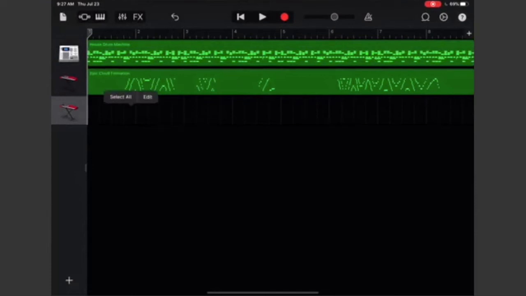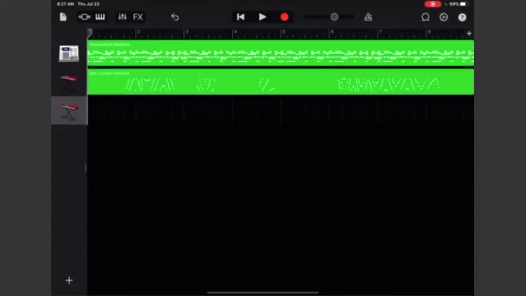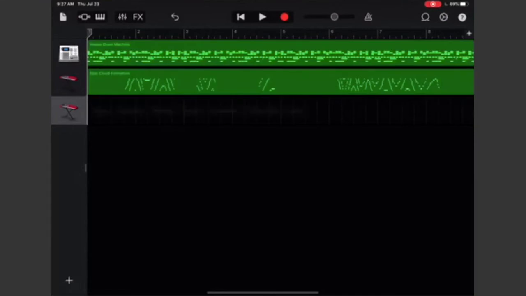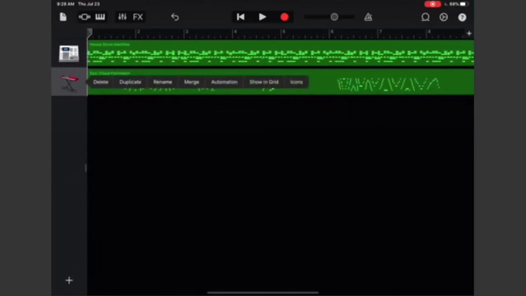Okay, so you tap in here and you can select, no, I don't want to do that. Oh, there it is. I can delete it. I can also tap on it and I can duplicate it, resume, merge, automate, showing grid, and icons.